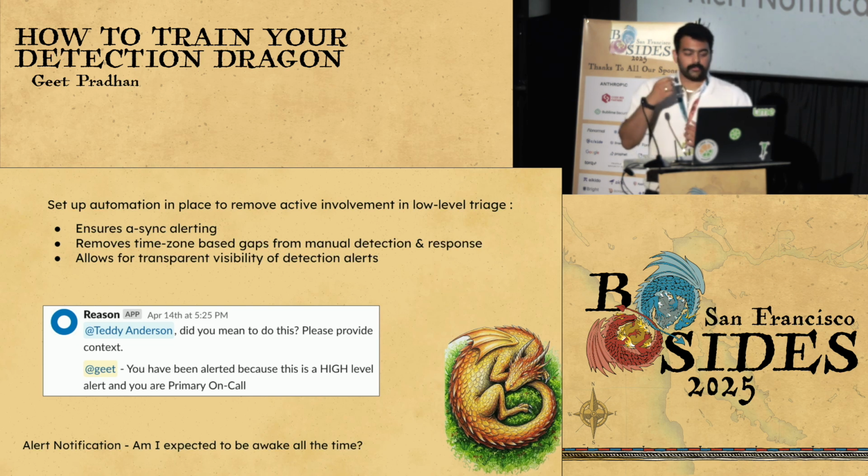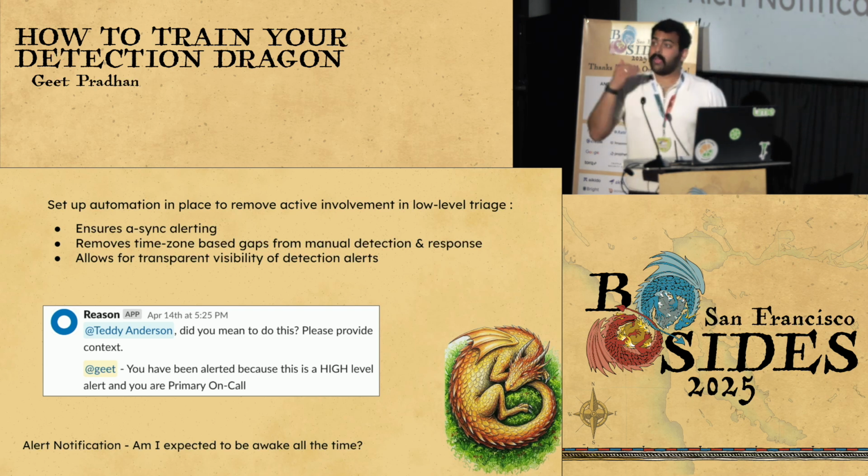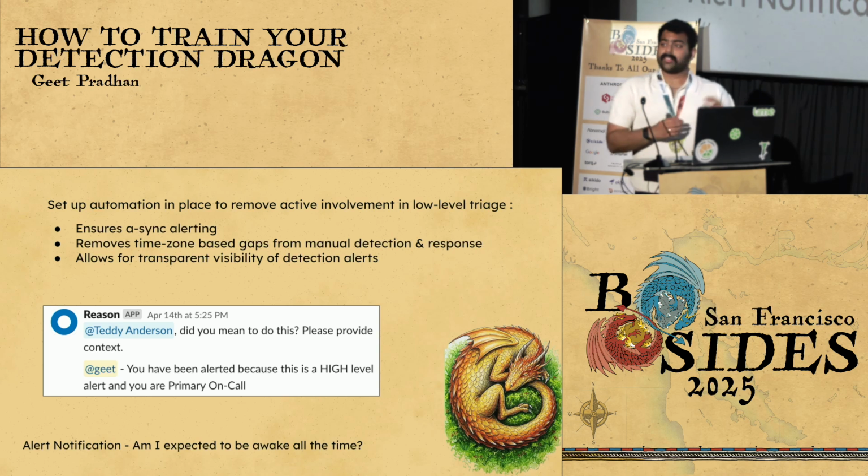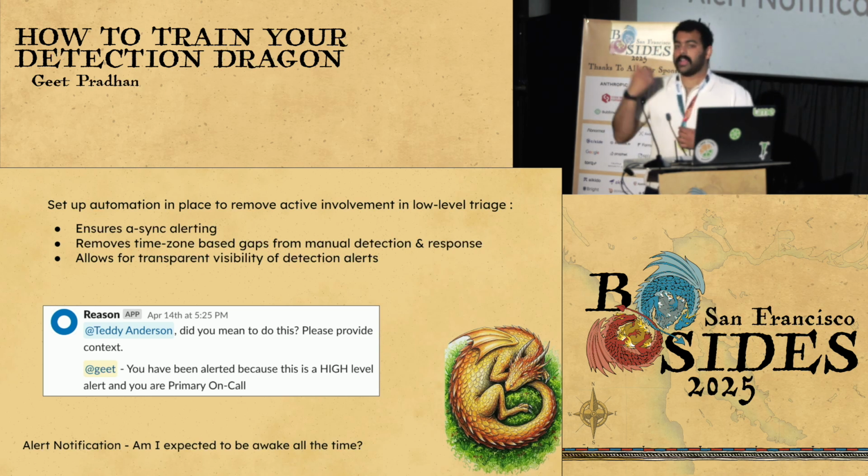What I've done is, if anything happens, I will tag the person who's done it just because I want some context, right? Like, hey, in this case, Teddy volunteered to be in my screenshot. I'm like, hey, Teddy, did you mean to do this? Can you just provide some context, right? Now, does this eliminate the aspect of you being asleep or awake? No. But what it does do is, I'm based in London, Teddy is based in SF, right? By the time I wake up, Teddy's already given me some context about, okay, this is what I've intended to do. So then I can either escalate the alert or de-escalate the alert, but I don't have to wait another 8 hours for Teddy to be awake, right? Because then essentially you're just wasting a lot of time.